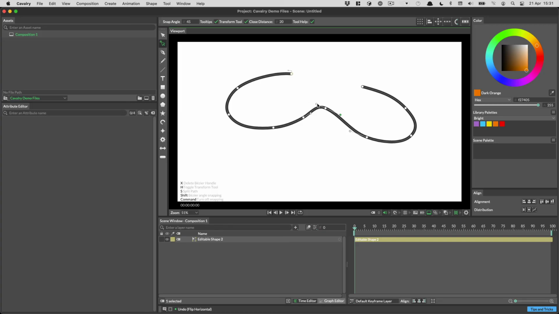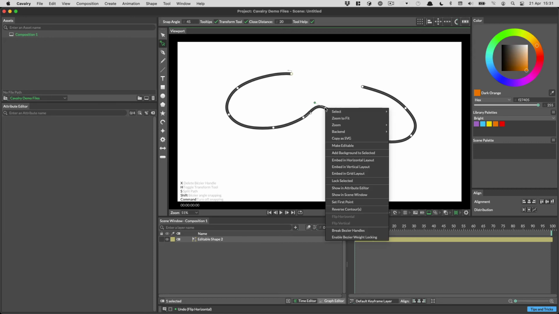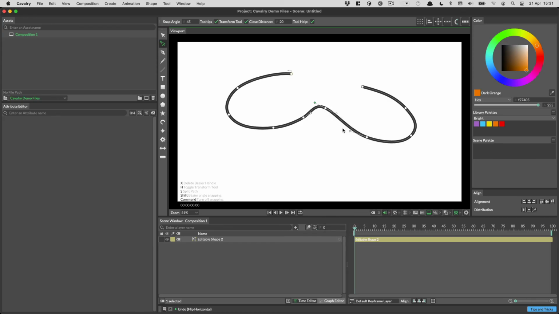And that's because we've had to keep the angle locking on the curve, but we've had to break the weight locking in order to match the shape that I drew with the pencil originally. And you can enable and disable this behavior with a context menu. So I can right click on the point here and then go enable Bezier weight locking, and that will turn